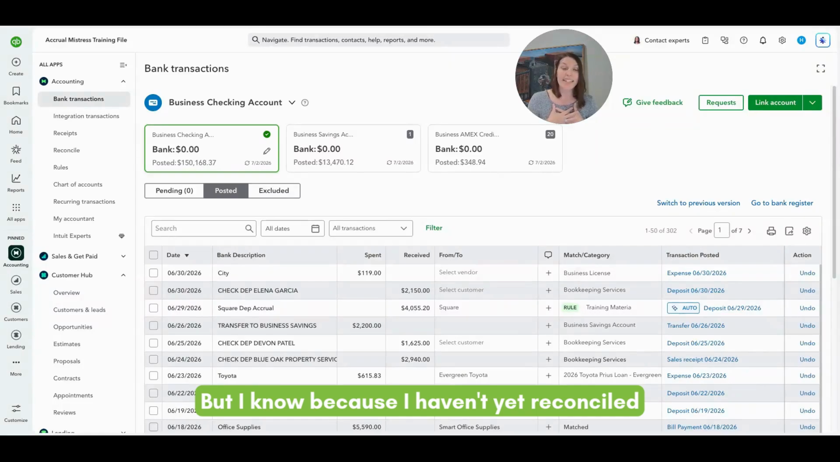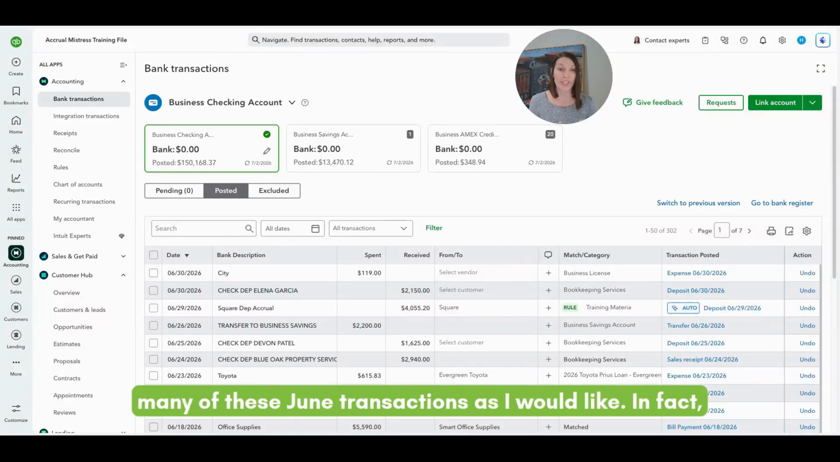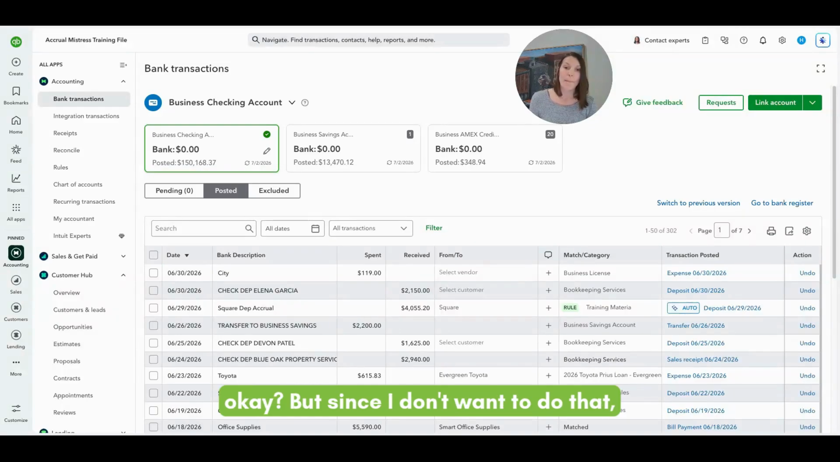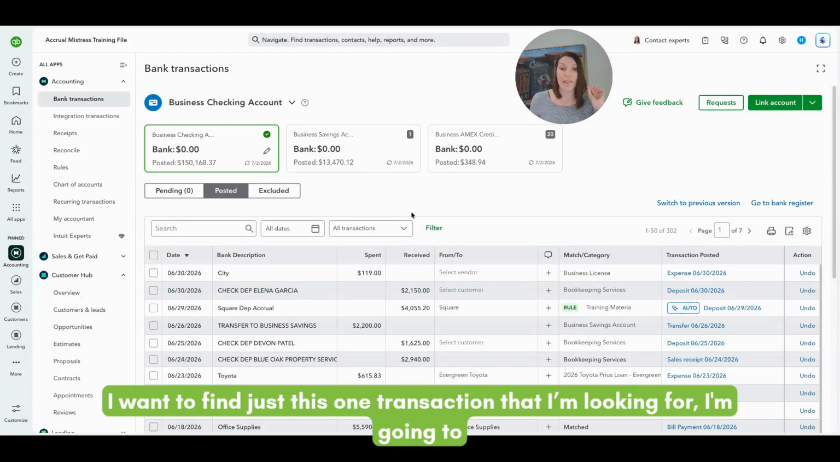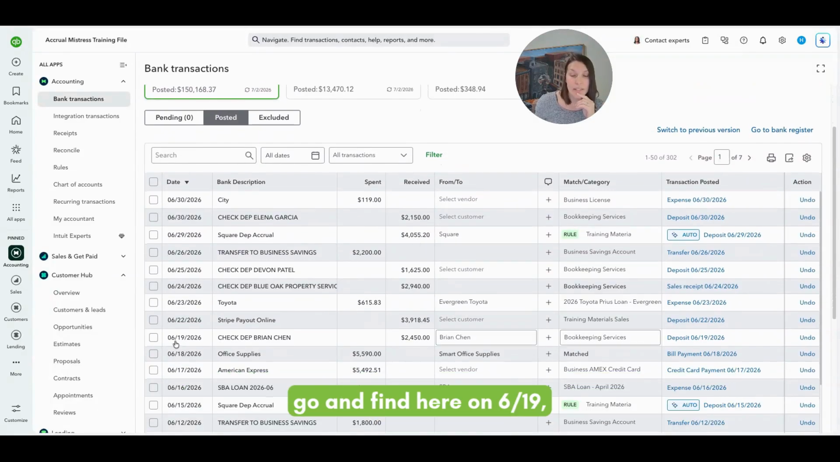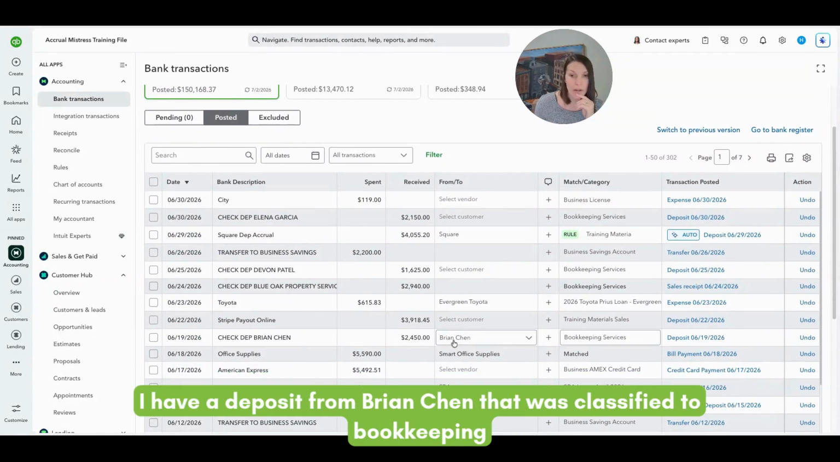But I know, because I haven't yet reconciled for June, that I am safe to call back as many of these June transactions as I would like. In fact, I could select all of them and bring them back into my bank feed if I wanted to sift through and classify them again. But since I don't want to do that, I want to find just this one transaction that I'm looking for. I'm going to find here on 6/19,